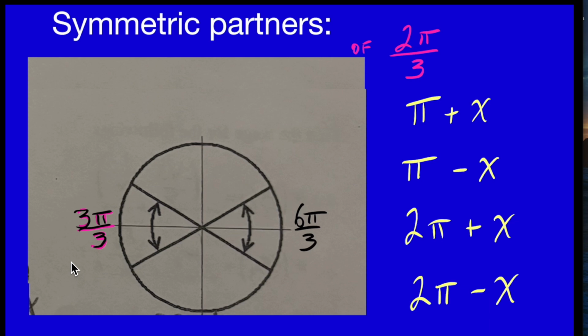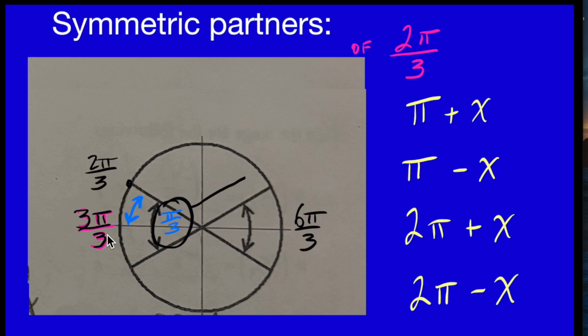Therefore, 2 pi over 3 would fall right about here, with this distance here in blue representing pi over 3, 1 pi over 3. So in other words, the spot on the unit circle known as 2 pi over 3 is 1 pi over 3 short of pi. Folks, it's very important to understand that this blue pi over 3,